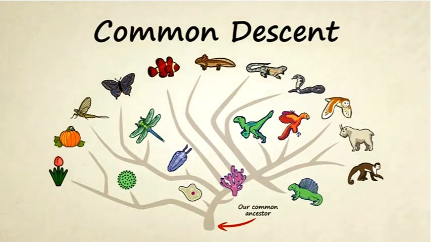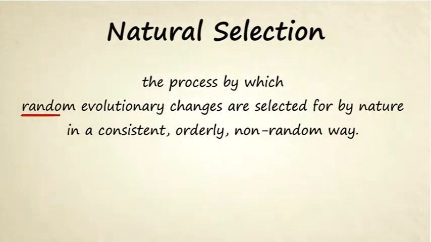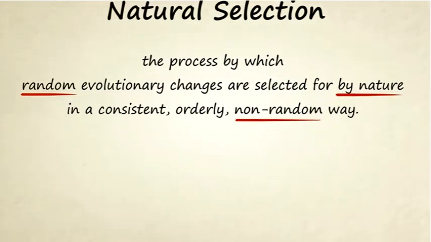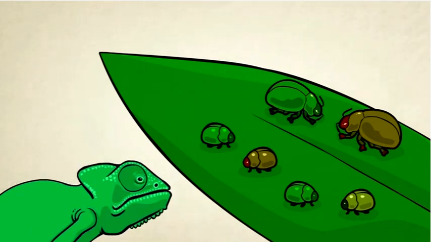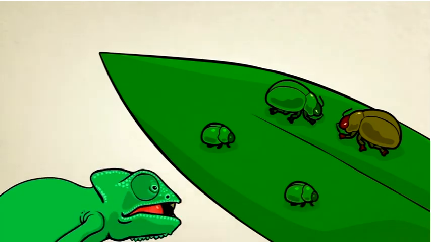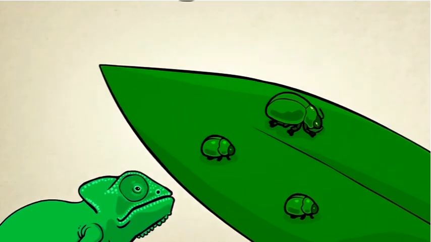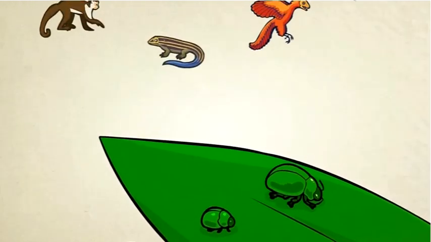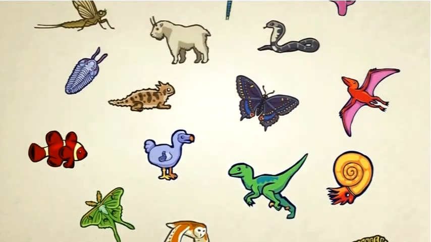So to sum things up, what exactly is natural selection? Natural selection is the process by which random evolutionary changes are selected for by nature in a consistent, orderly, non-random way. Through the process of descent with modification, new traits are randomly produced. Nature then carefully decides which of those new traits to keep. Positive changes add up over multiple generations. Negative traits are quickly discarded. Through this simple, ongoing process, nature, even though it does not have a thinking mind, is capable of producing incredibly complex and beautiful